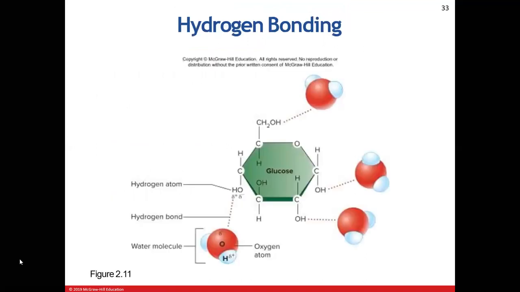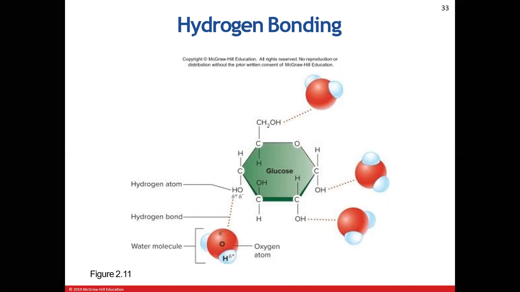So I'm going to move ahead just one slide here real quick. This is kind of what we're looking at when we look at some of these polar molecules. So here, this is a water molecule. Here we have our oxygen. Here we have our two hydrogens, indicated by the white bubbles. Again, we have an unequal sharing of electrons. So the sharing of the electrons tends to shift more towards the oxygen atom,